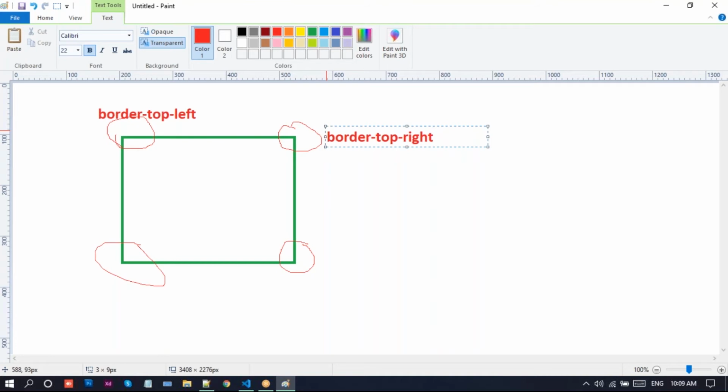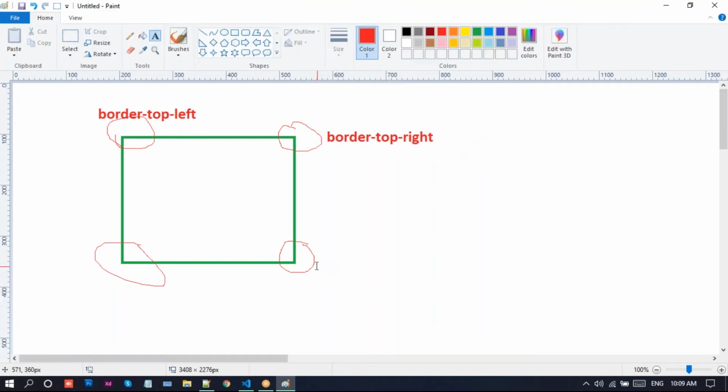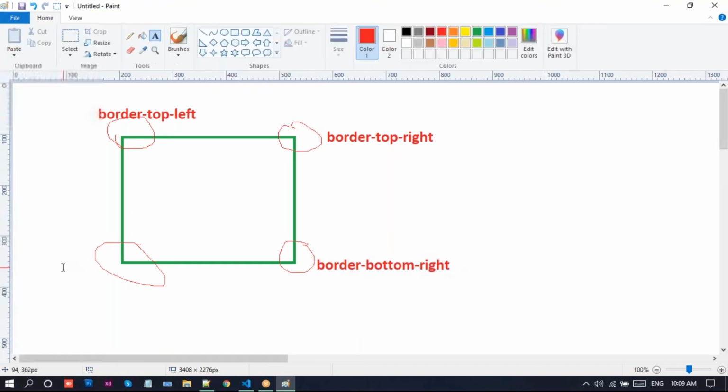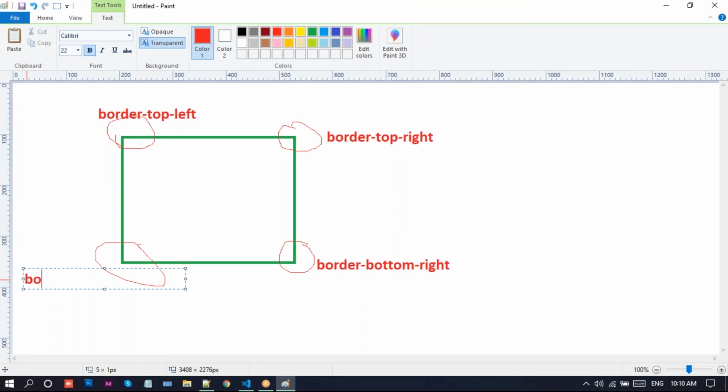This is border top right radius, this one is border bottom right radius, and this one is border bottom left radius, like this.